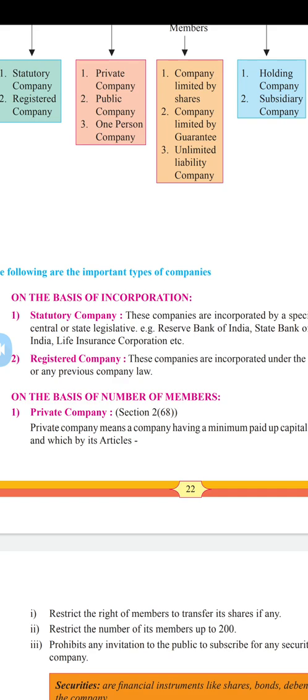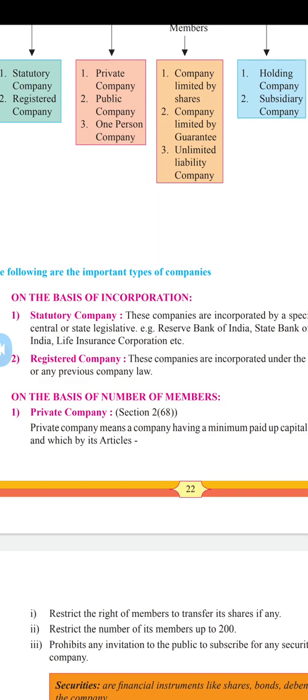Then the second type is on the basis of number of members. In this method, companies are classified on the basis of the number of members in the company. There are three types of companies on the basis of number of members. First is private company, second is public company, third is one person company. Private company means a company having a minimum paid up capital as may be prescribed and which by its articles